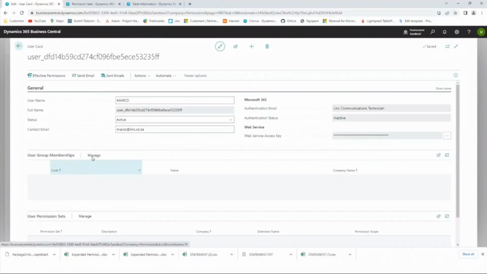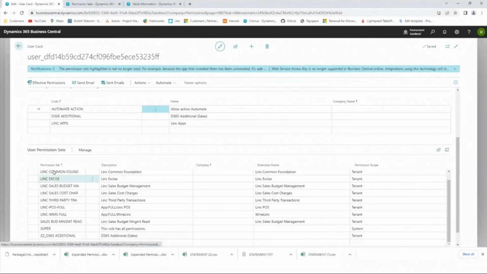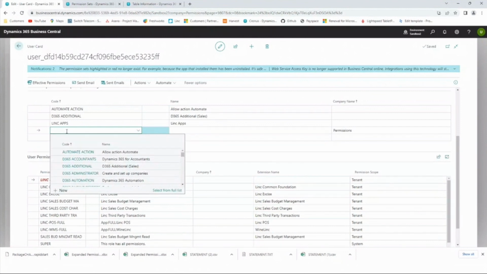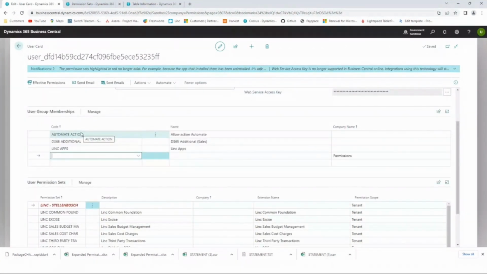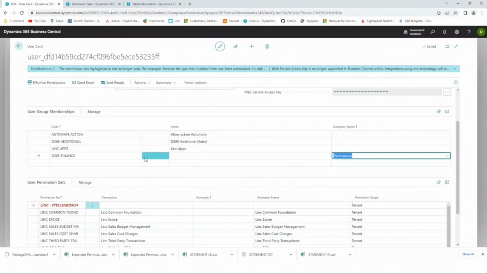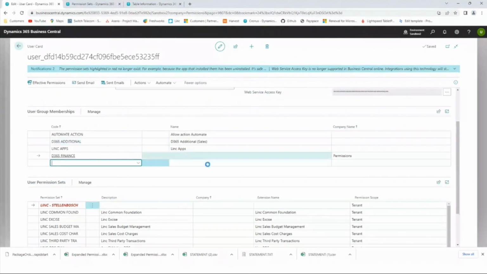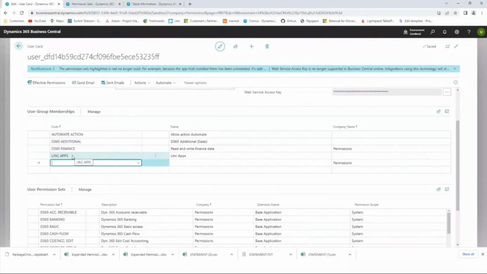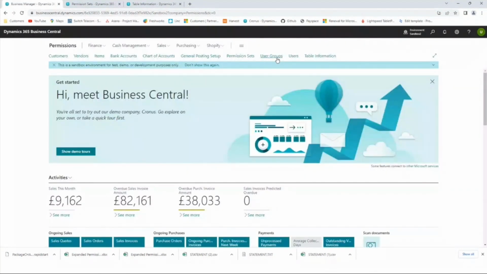instead of remembering and keeping track of what user permission sets we need to add, I can go to the user group memberships FastTab and select that Marco needs to be part of the D365 Finance team, which helps Marco then have access to all the underlying permission sets included in this user group. Cool. If I go back to user groups,